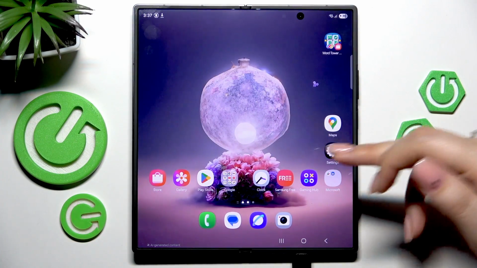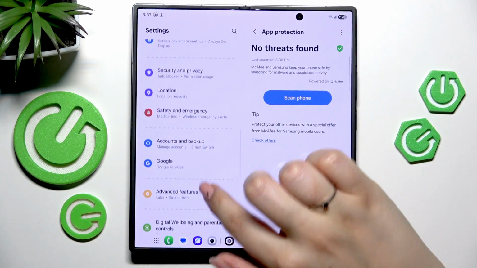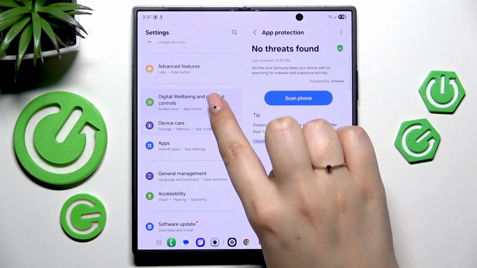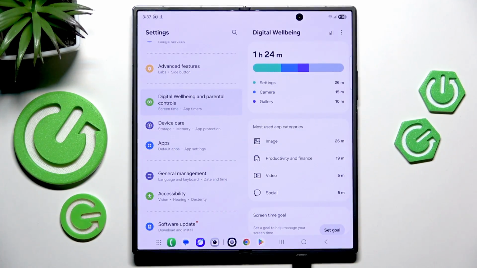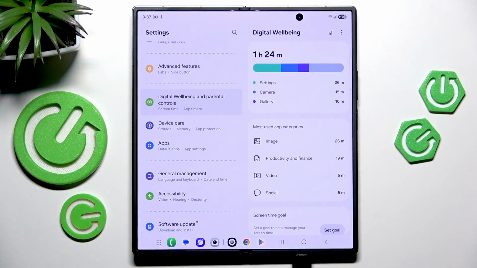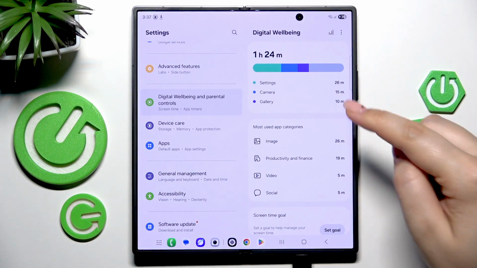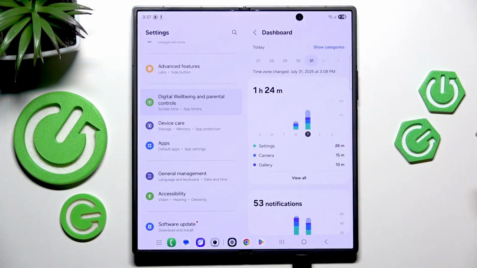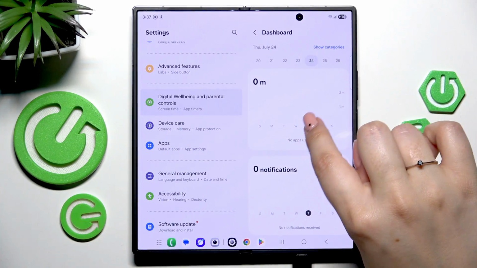So let's start with opening the settings, and here in the search section we have to scroll and find the option Digital Wellbeing and Parental Controls. So here we've got the graph which will show us for how long we've been using this device today. In my case it is 1 hour and 24 minutes, and most of the time I've spent on the settings than the camera. We can basically tap on this graph and we will be transferred to this dashboard where we